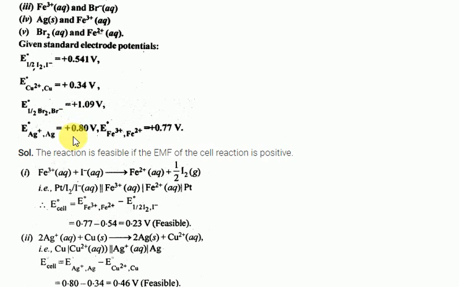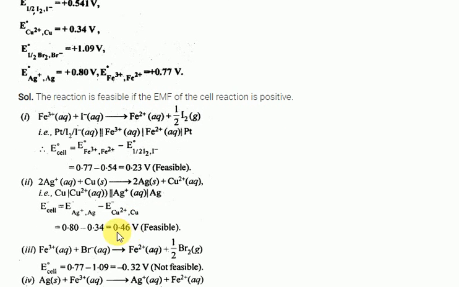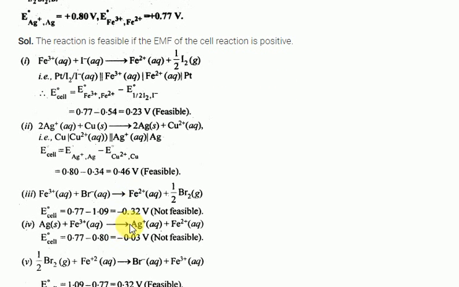Look at the electrode potential values, already given. You have to take the electrode potential values. If you calculate, standard electrode potential is E reduction, you remember, E right minus left: reduction minus oxidation. If you get a positive value, the reaction is feasible. If you get a negative value, that reaction is not feasible. Here also positive, here you get a negative value. This is not feasible, so iron cannot take the electrons from the bromine.